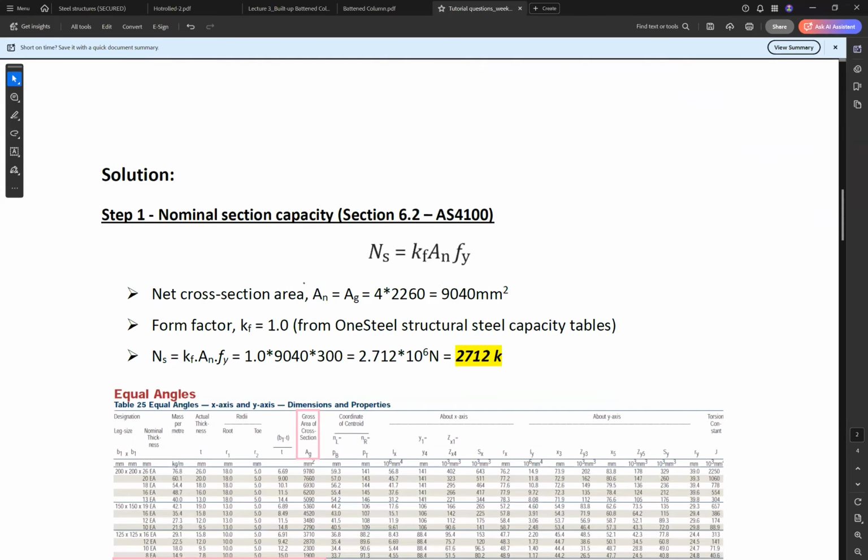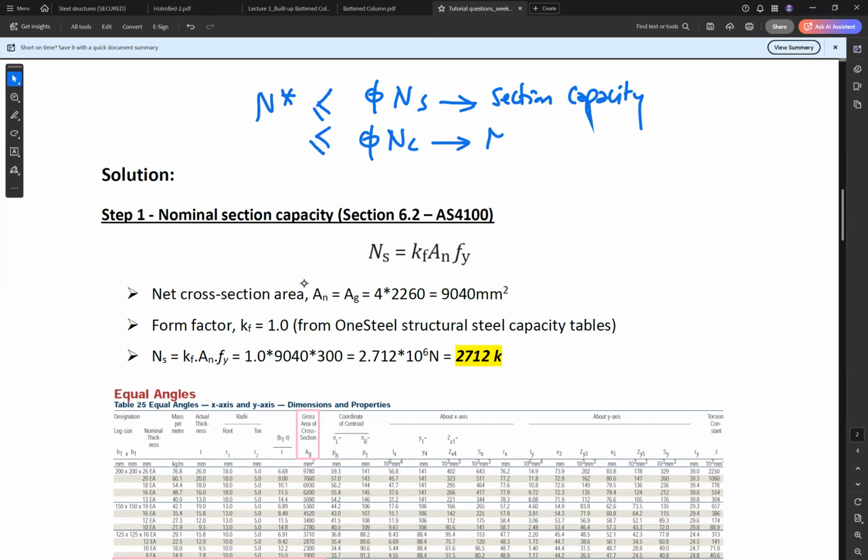To find N asterisk, we need to find two capacities for the member, because N asterisk should be less than or equal to phi Ns and phi Nc. Phi Ns is the nominal section capacity of the member, and phi Nc is the nominal member capacity of the member,